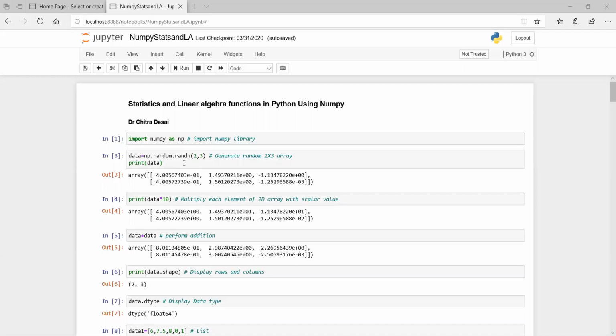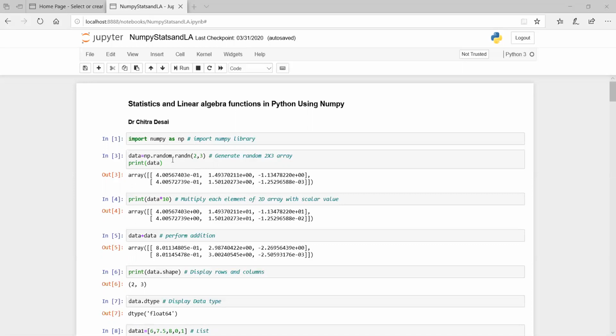Now, using the random.randn function, we will create the variable data as a NumPy array. Whenever you want to create a NumPy array, we write np, that is the alias name for NumPy, dot. Now, in this array I'm not passing any specific data, I'm just generating a random 2 by 3 array.